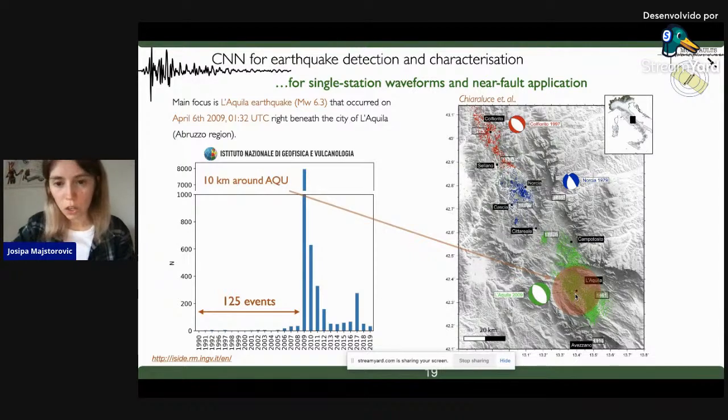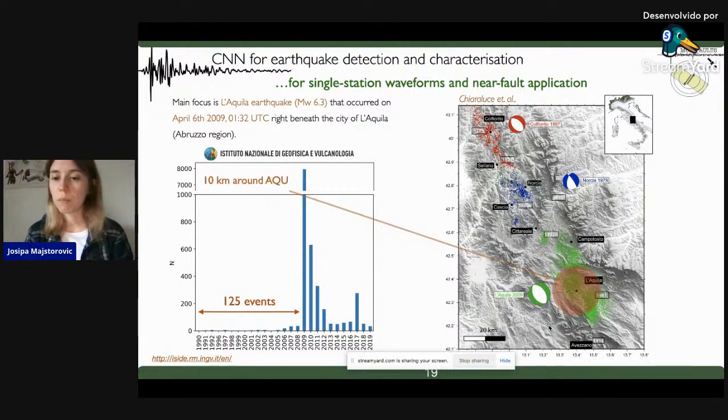But when you look at the catalog of this area, specifically of this red zone here, you can see that before 2009, before the year of this earthquake, you only have around 100 events. So the question is, what was actually happening before 2009? Was there something happening? If you want to go back and locate some earthquakes in the past, you realize that there was only one station recording for years before 2009. So there's no way that using some classical seismological approach you can go back in the data and see if you missed some events. So there was this need to